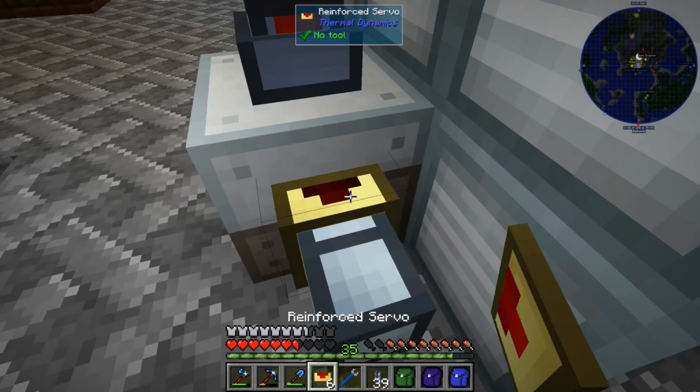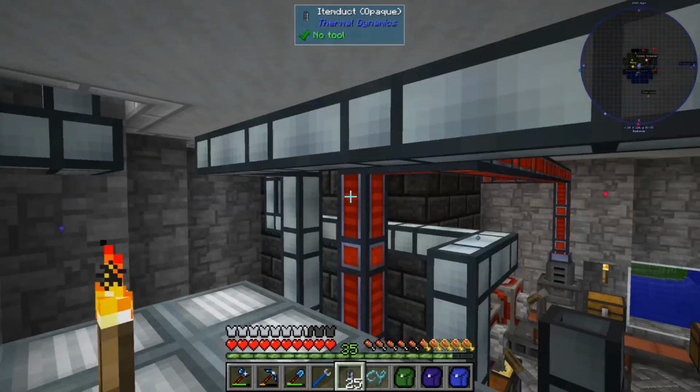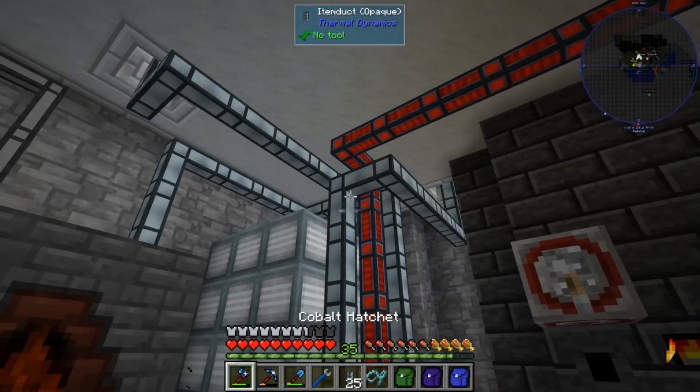We'll put a servo here, I suppose. Configure the slots of this. Okay, now it's connected that way. Ouch. Instead, and that actually...